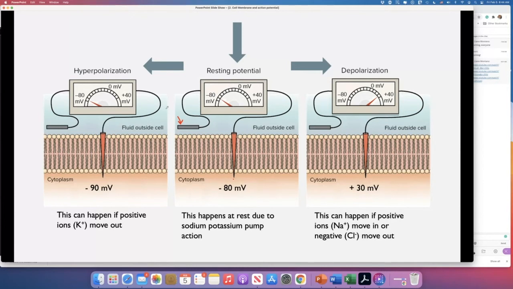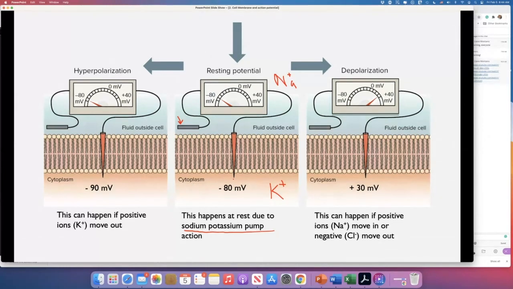Why do the cells have this difference in potential? Because of the action of the sodium-potassium pump. We were talking during the last encounter about steady state. We were explaining that the cells inside have a lot of potassium compared to the exterior. In the exterior, there is a lot of sodium compared to little sodium inside the cells. And we were explaining a bit ago that there is a lot more potassium leaving the cell by leaky channels that are always open than sodium entering the cell.